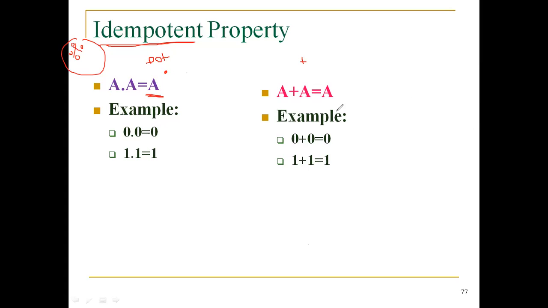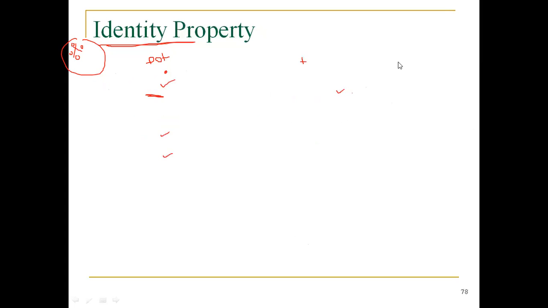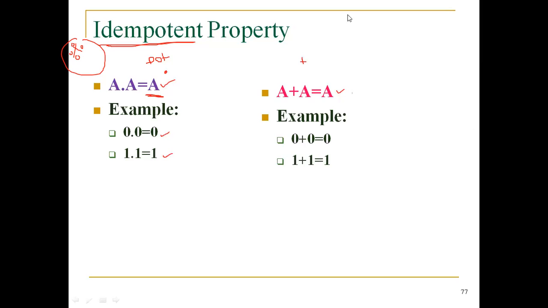A dot a equal to a, this I already explained in the earlier slides. A plus a equal to a. If you assume the a value equal to 0, means 0 dot 0 equal to 0, or if you assume a equal to 1, means 1 dot 1 equal to 1. Similarly here also, the same method. Another one, that is called